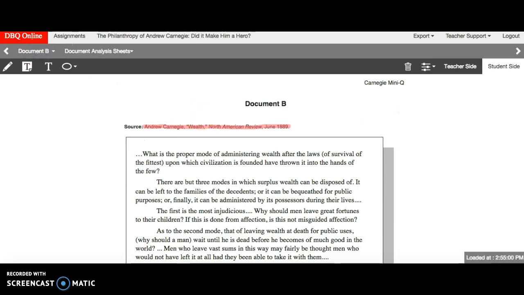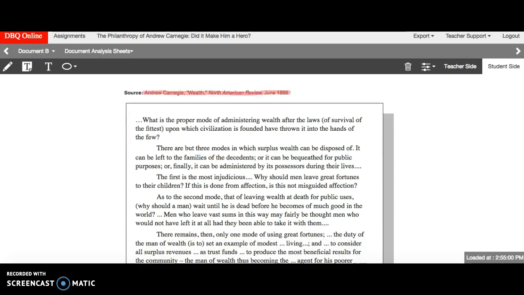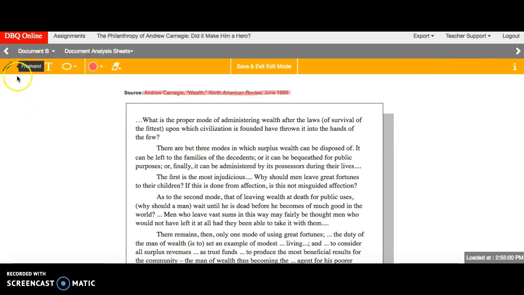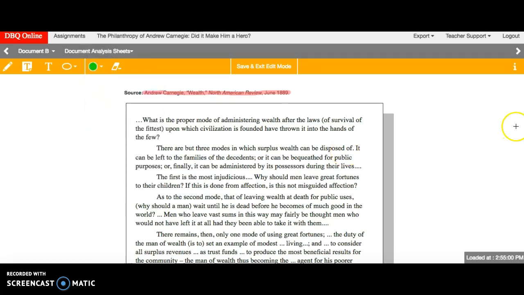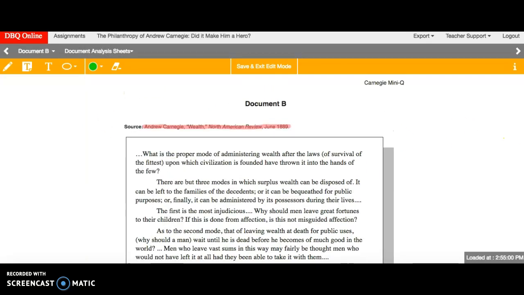So now we need to read. When you read a primary document, there are some basic steps that I want you to follow. Number one is we have to mark the text. If you click up here, you have access to a highlighter, underline tool, a pen. I'm going to change it to green because it looks like a highlighter that way. And as we read, we're not going to read the whole thing, but I'm going to maybe play the